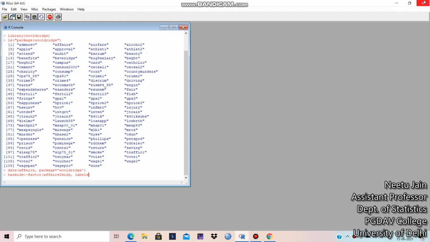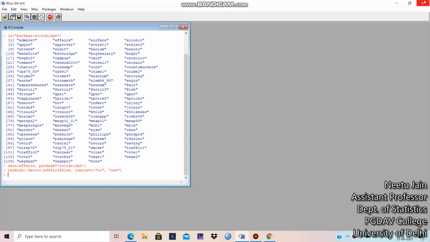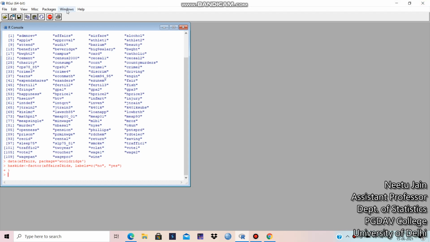We are giving the labels as yes or no, as a vector, and since they are strings we write them in quotes, otherwise it will take them as numeric. Something is missing, one more bracket.